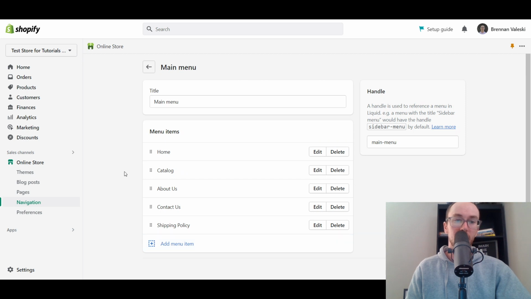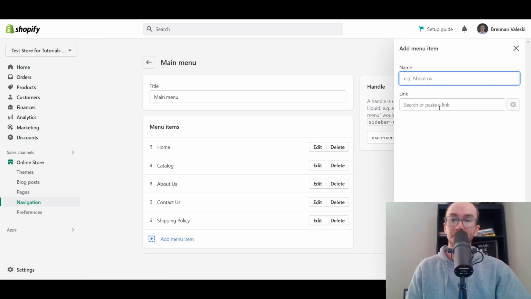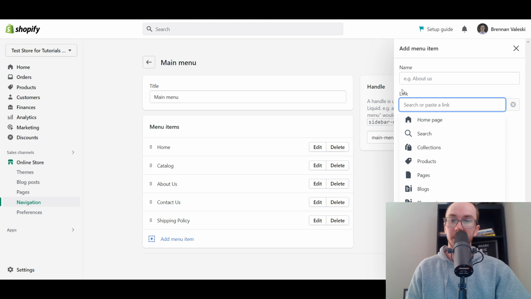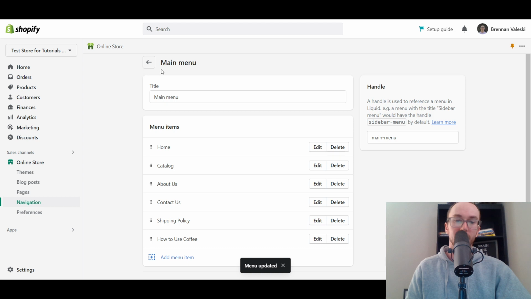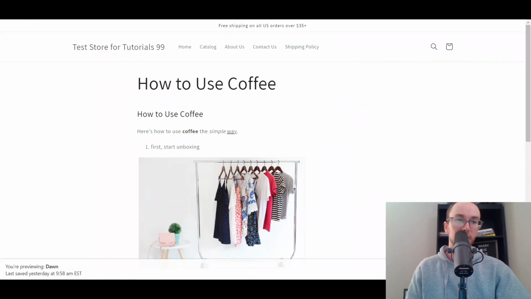So we're going to go ahead. All you have to do is then click add menu item. And then you can just click here on the link section, select pages, and then you select how to use coffee. And then you can just add it to your menu. And we're going to click save. And then once we refresh this page here, sometimes it does take a second for it to actually load on